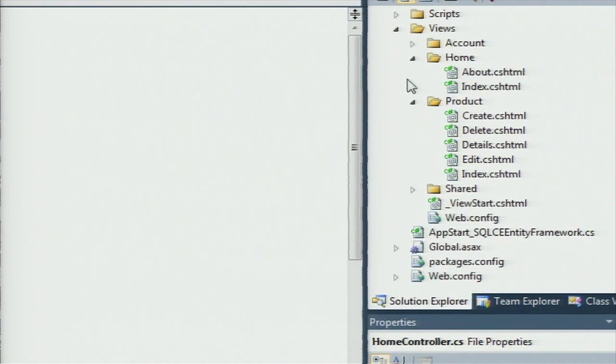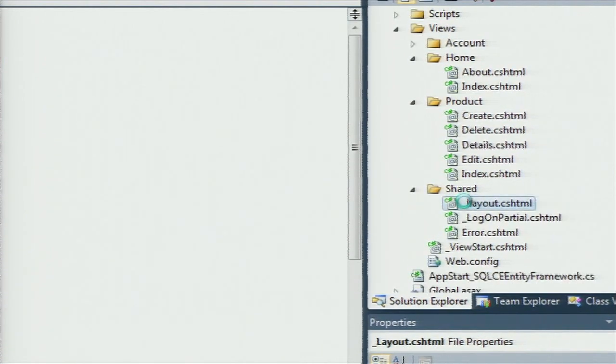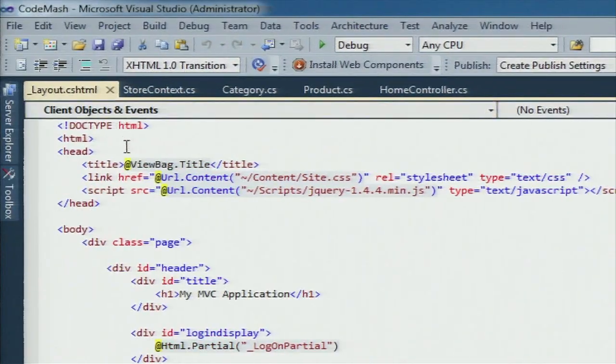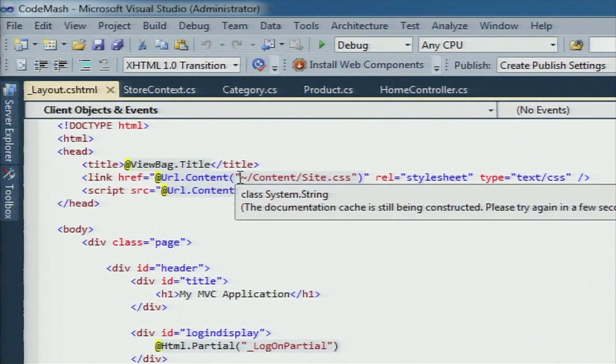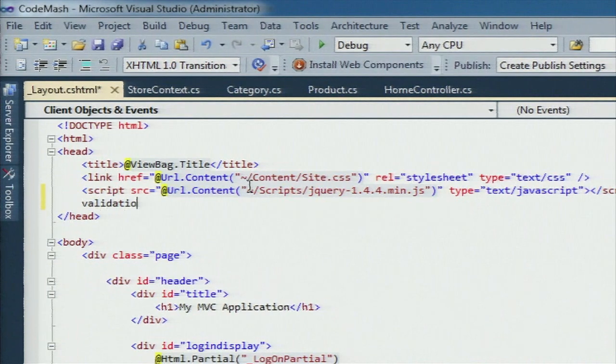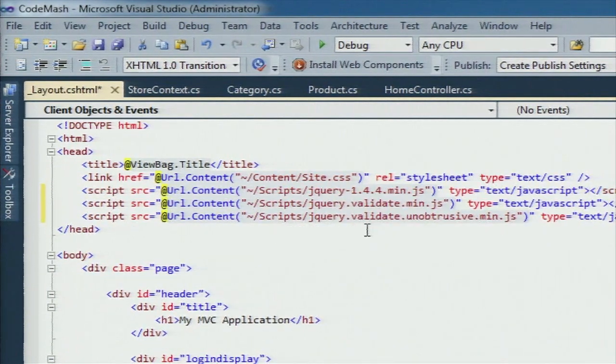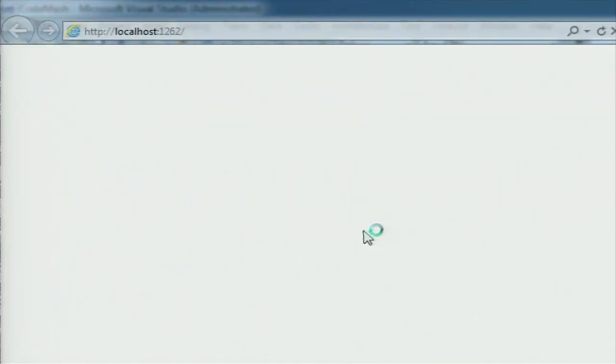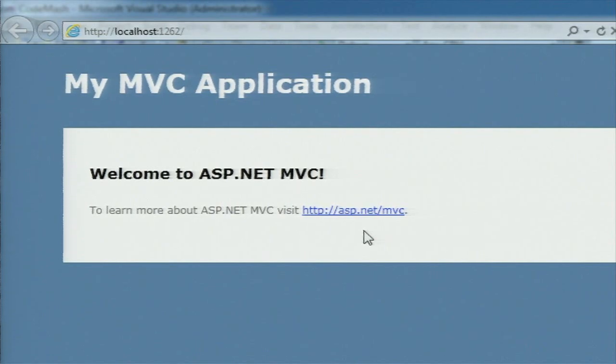Scrolling down, let's go and take care of that client-side validation. Now, client-side validation, it's not new in MVC 3. We had it in MVC 2. But what is new is the way that we do the validation. So for starters, you'll see that we're bringing in jQuery by default in our MVC 3 projects. And we also ship a new library, jQuery Validate, which of course is a really popular validation library. And on top of that, we layer our own unobtrusive script, which hooks in to provide validation on the client side without inserting JavaScript into the view.